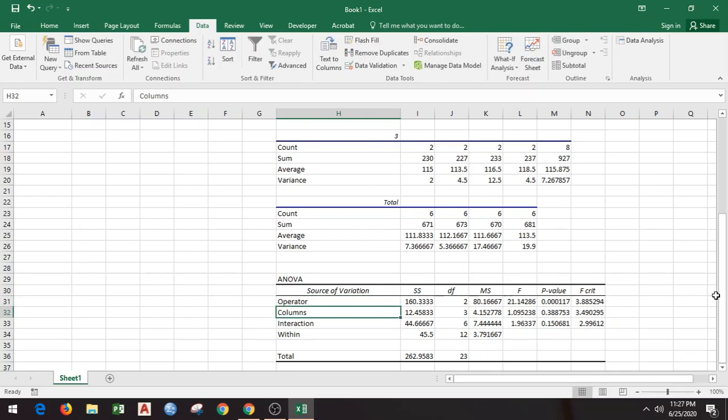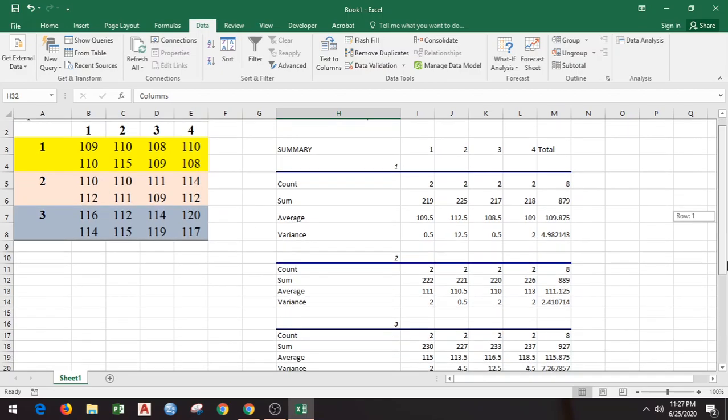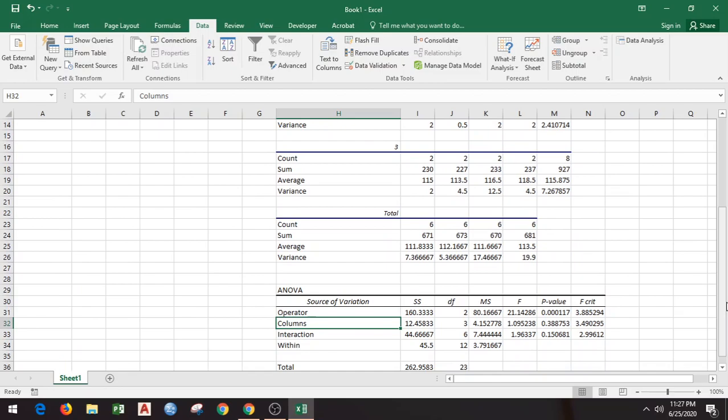Then columns, and we know the columns, machines are represented by different columns. So the second source of variation is machine. Third source of variation is the interaction, and last source is the standard error, right?